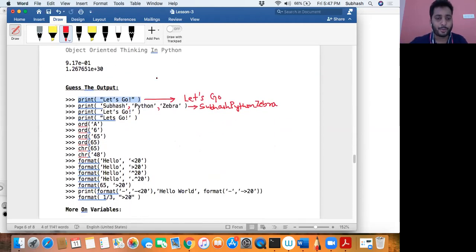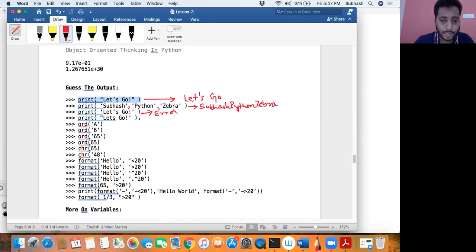So in the next one you say print let's go. I think this will give you an error. Not think, it will give you a compile time error. It will result in an error. The reason is that here you can see that you have a single quote and an ending single quote. That is, you have matching single quotes. It becomes a string. Whereas you have a single quote which does not have a matching starting quote over here. So this will result in an error. So if you want even this one to work, then you have to have a matching single quote for this. So the error here is because there is no matching opening quote for the ending quote. That is the reason, right? So this results in error.